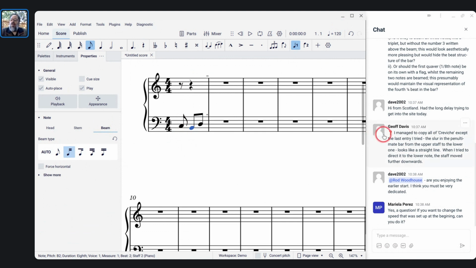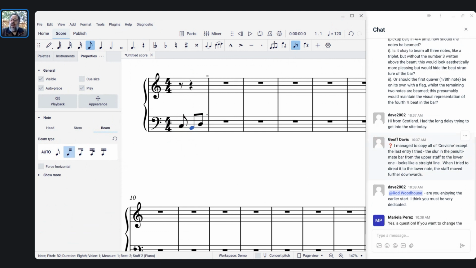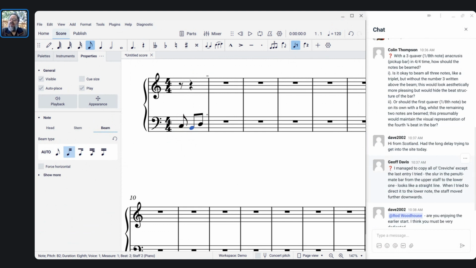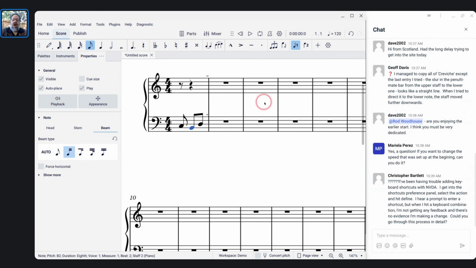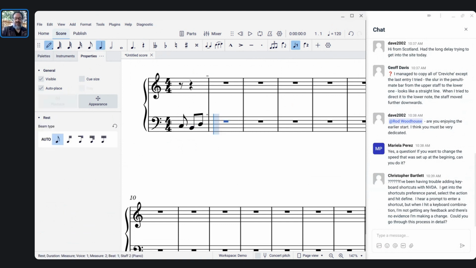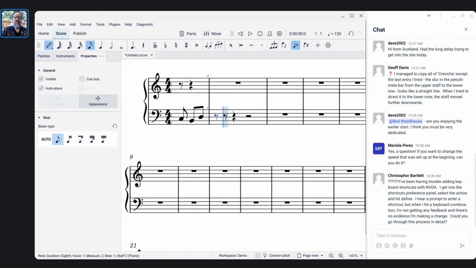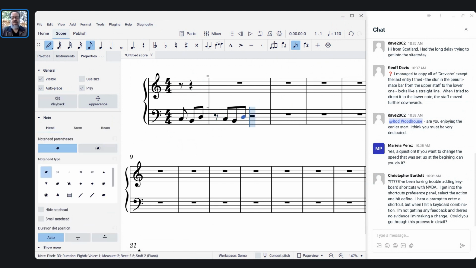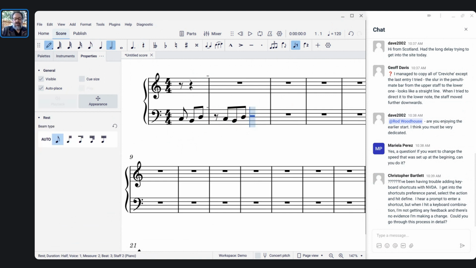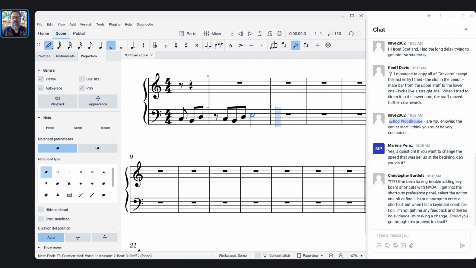All right, so let's see. Is it okay to beam all 3 notes? So yeah, that is the question. I would recommend against it personally. It can be okay. Like for instance, what if there was an eighth rest here and then 3/8 notes? In this case, this can be okay to beam those eighths together because the eighth rest clues you in that this isn't a triplet. But 3/8 notes followed by